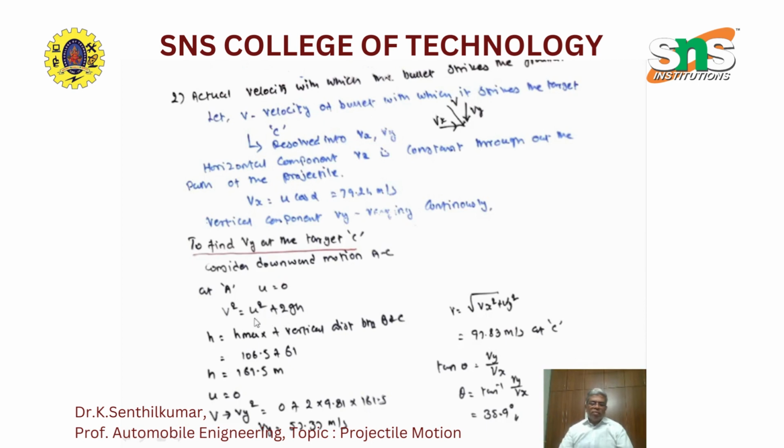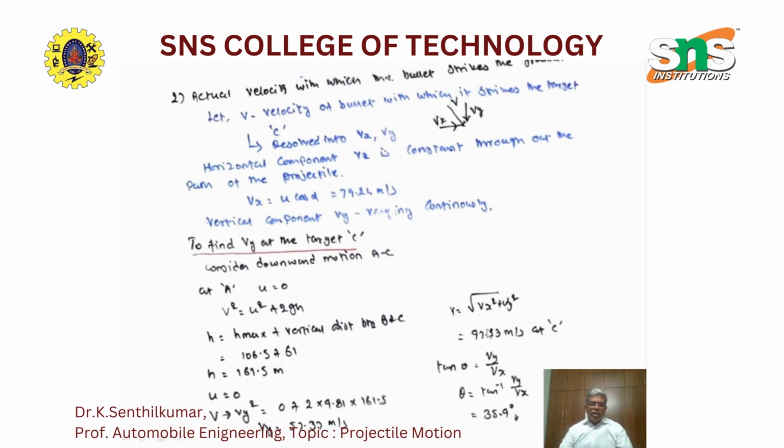So the formula becomes v squared is equal to u squared plus 2as, and h max is equal to 106.5, whereas the vertical downward distance from point B to C is 61. So the total height h is equal to 106.5 plus 61. Substitute this h here, with initial velocity 0, and we obtain the final velocity, that is the vertical component of velocity, Vy is equal to